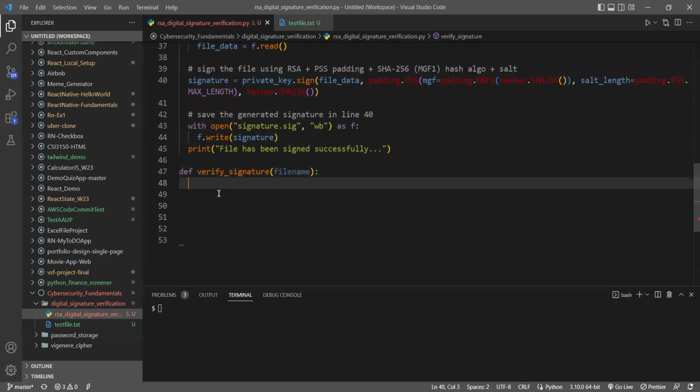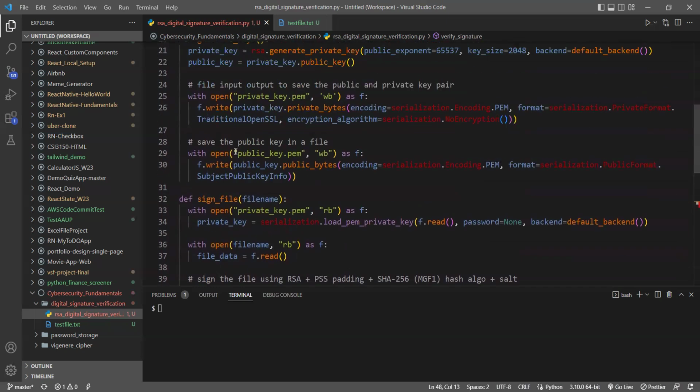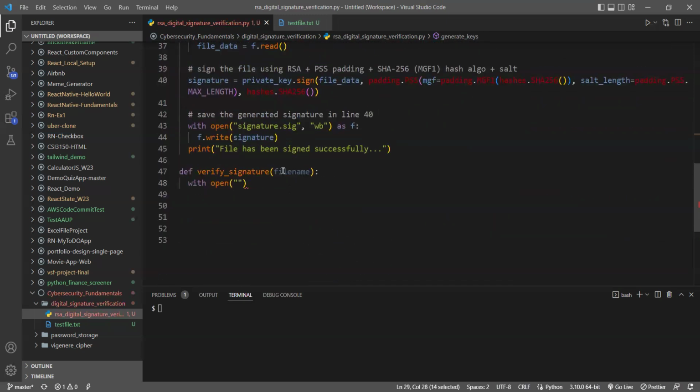So the first thing that we want to do is with open, and we need to open our public key. So we need to go back, find where we saved our public key. So this was our public key. So we need to come back here, put it here, but we need to open this in read mode for bytes. Okay, and